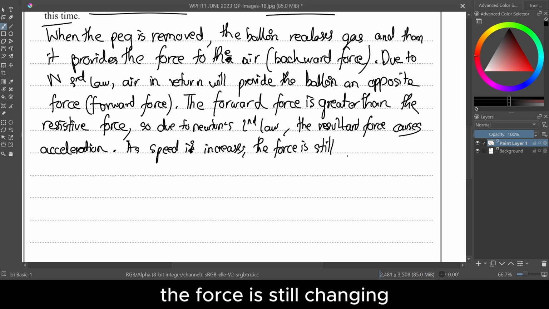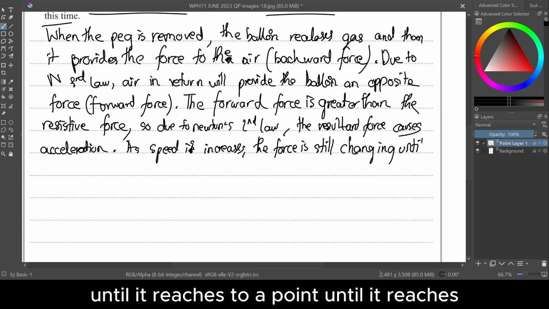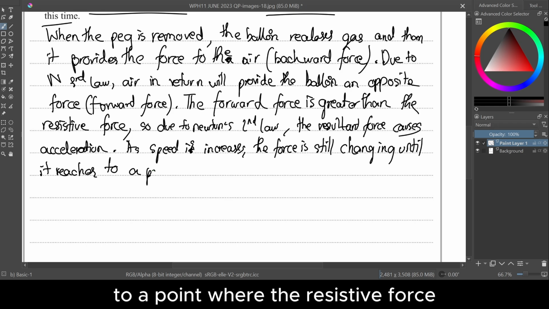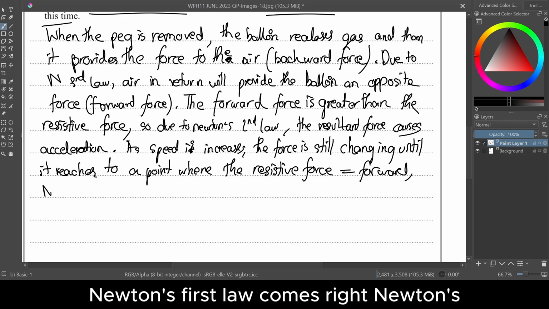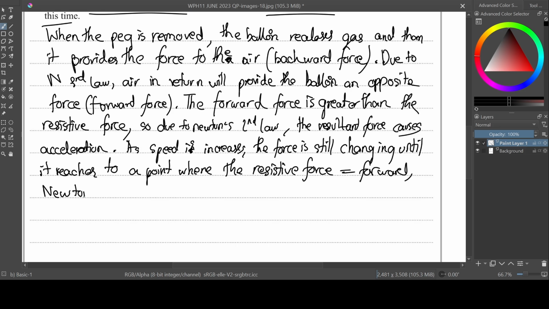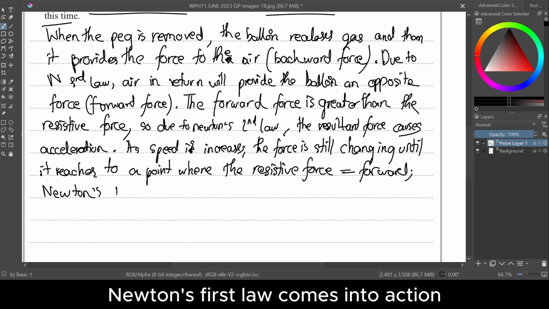The force is still changing until it reaches a point where the resistive force will be equal to the forward force, right? And this is where Newton's first law comes in. Now you can just write a semicolon and say Newton's first law comes into action